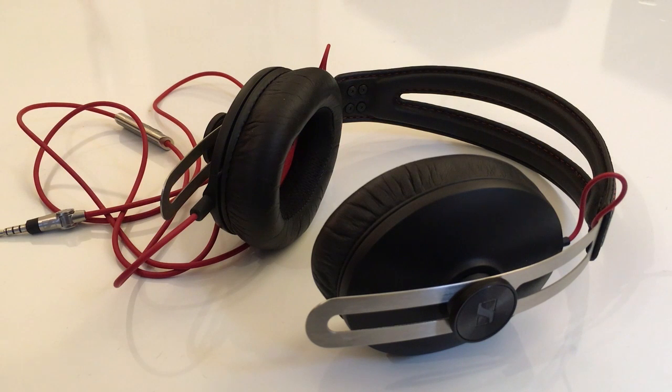Onto headphones now. These are the Momentums made by Sennheiser. We've been using them for about 2 years now and they are great. They are quite pricey, but it is very important to have a decent set of headphones that you can listen to the uncompressed recordings in, so that if, for example, we were applying a filter, or say we were amplifying Keertan, after that Keertan is exported into an MP3, say we were going to play that in a car on full volume, we don't want to have that distortion, so to be able to hear that in the first place